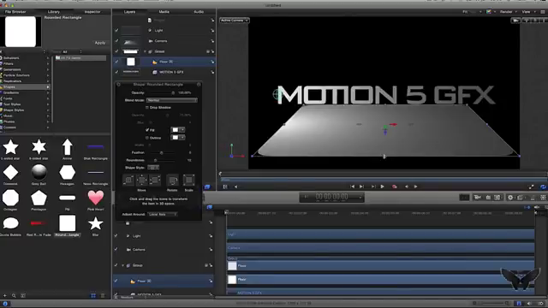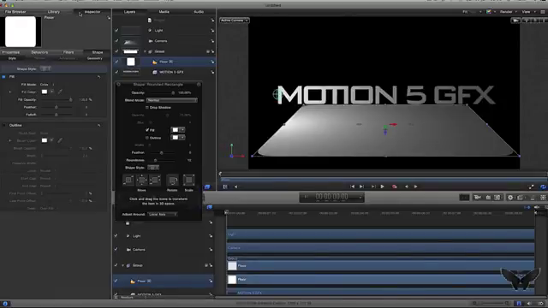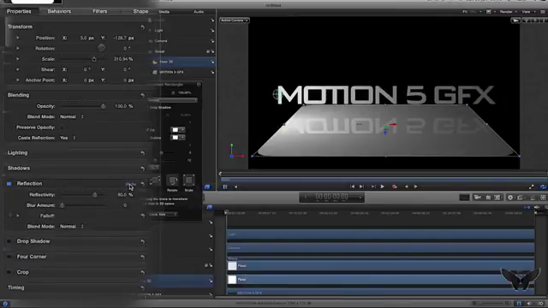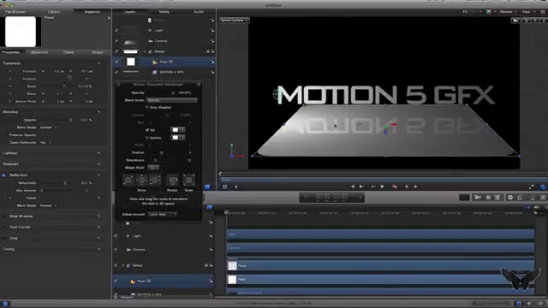Now keep the floor selected, go to inspector, and just by default you'll have shape and style selected. You can see here when I'm clicking shape and style selected in our inspector pane. I want to go to properties, and then I want you to go to underneath shadows. There's a thing called reflection, and I want to highlight reflection. So click the box on reflection and then click show on the right hand side. Now we're just going to leave that there for now, but if you look back at our main screen, we've got